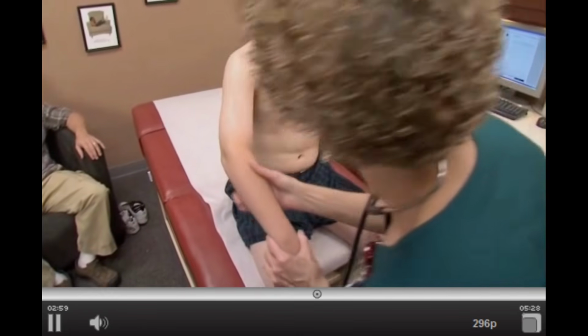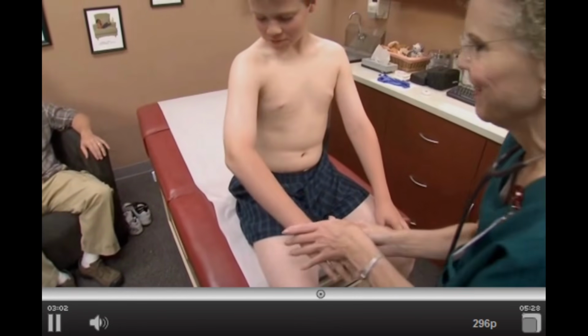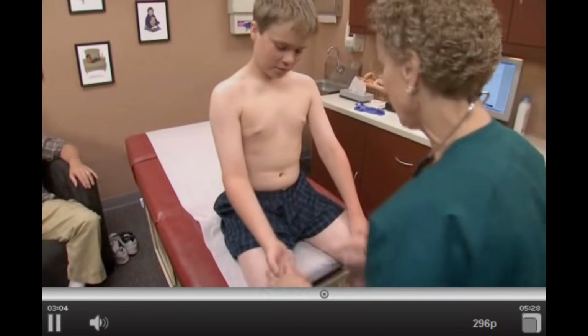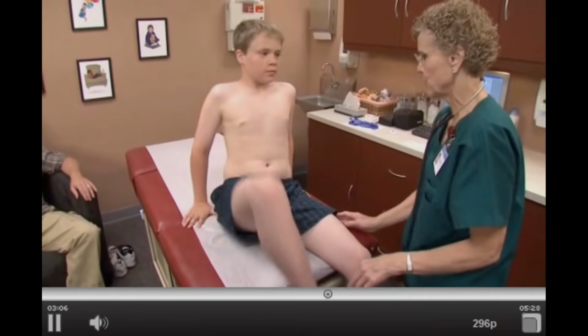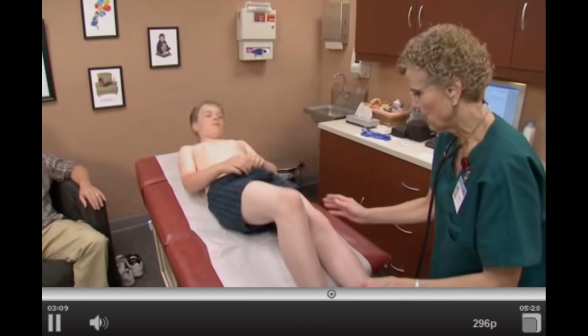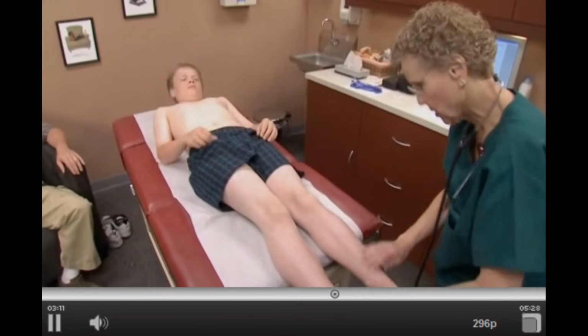Privacy can be a difficult issue. It may be necessary to conduct portions of the examination with the child's clothing on. As you inspect the lower extremities, note hair distribution and assess any wounds or lesions, noting the size, shape,